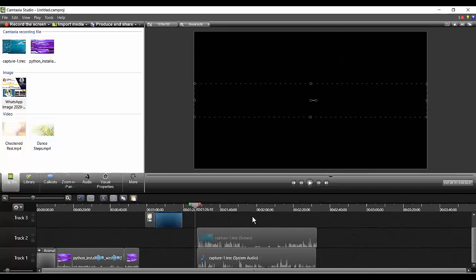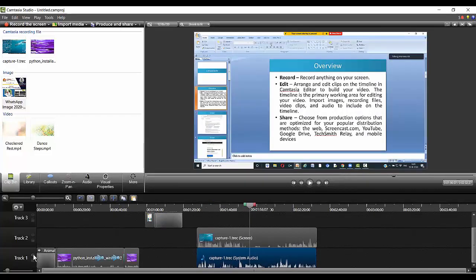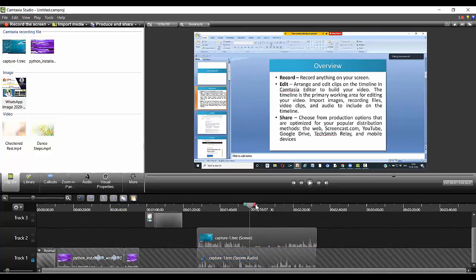Okay, you see there are two tracks: one is screen sound and one is the one I now want to edit. Let us say I want to do some kind of editing here, and I don't want to touch this particular track. So I can make it visible or invisible. If it is visible, I can lock it. It means if I want to do some kind of cut over here, then the below one will not be getting affected.